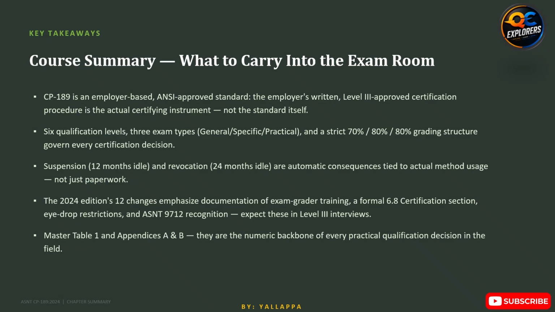The third major concept involves maintaining certification. Certification is not permanent. We discussed that 12 consecutive months without performing certified duties results in suspension, while 24 consecutive months of inactivity leads to revocation. These requirements